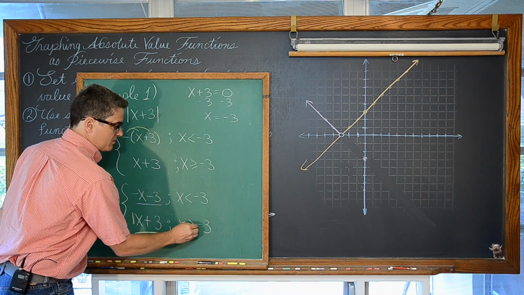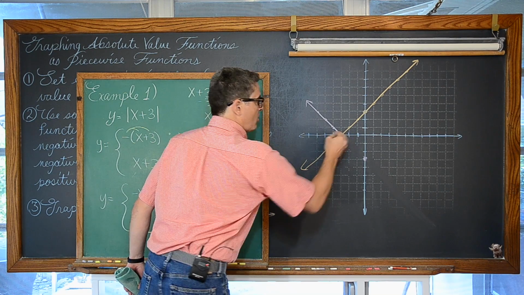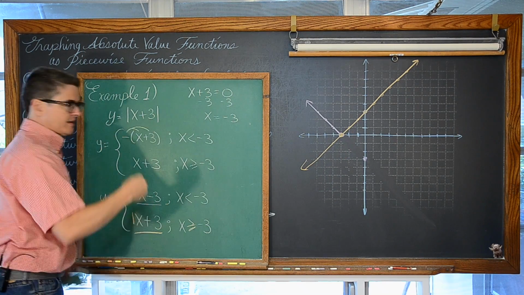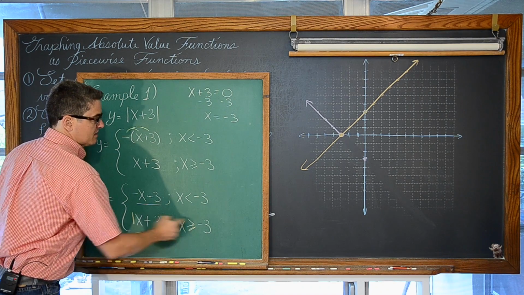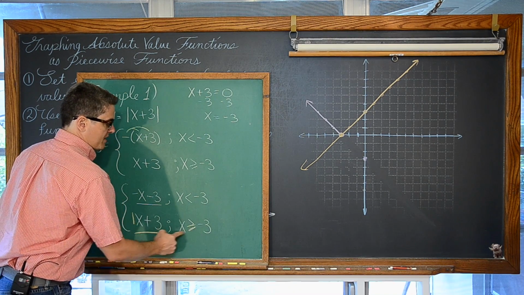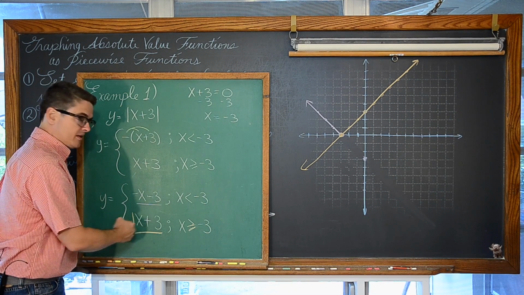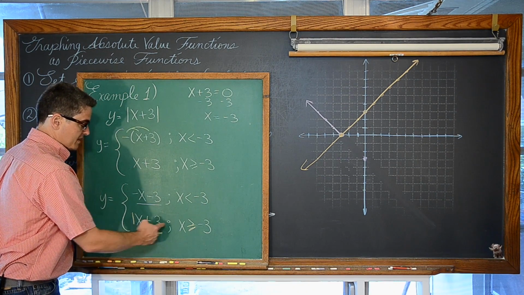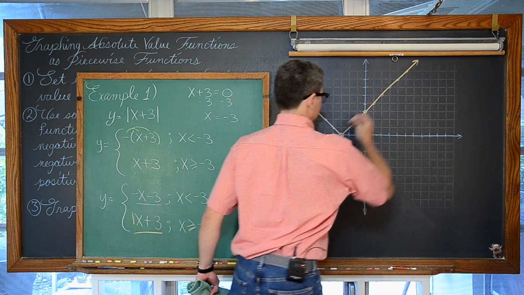Well, equal to means that I can come in here and fill in this hole from the purple line. They don't always necessarily line up. But then x is greater than negative 3. X is to the right. All the x's to the right of negative 3 are going to be representing, or we're using this second part of the piecewise function for those values to the right of negative 3.